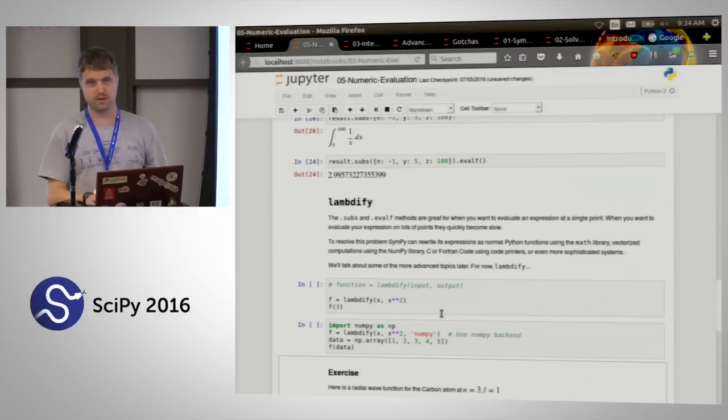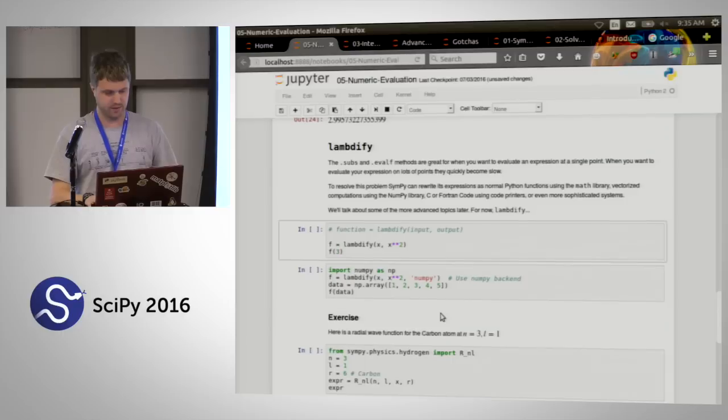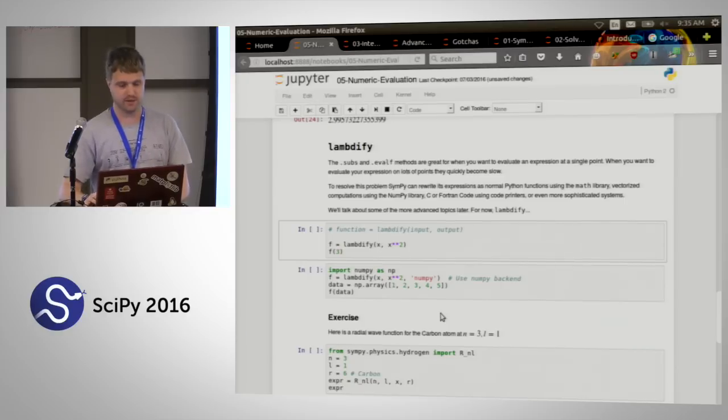Any questions? Okay, so now we're going to get to a fairly important function for SymPy for many use cases,